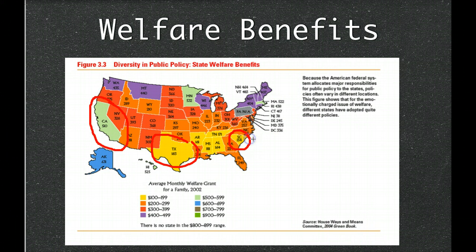Some people think that's a sacrilege, but some states, especially in the South and the West, have made it very difficult to be on the public dole. It was only meant to be a safety net until you got another job. It was never meant to become what it did become, which was for many people a generational thing. But we can see that there's wide variations. This is a good example of federalism, how each state is responsible for its own citizens in a way that it feels comfortable with.